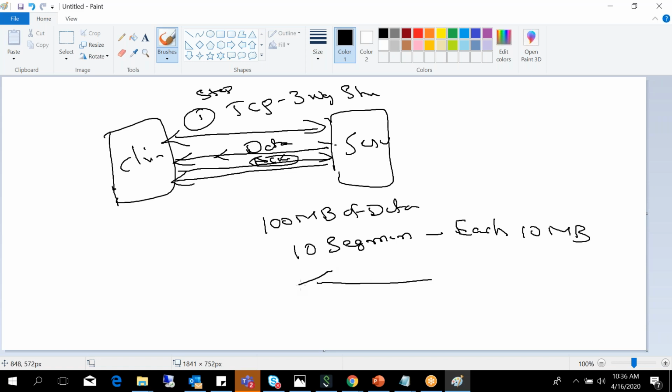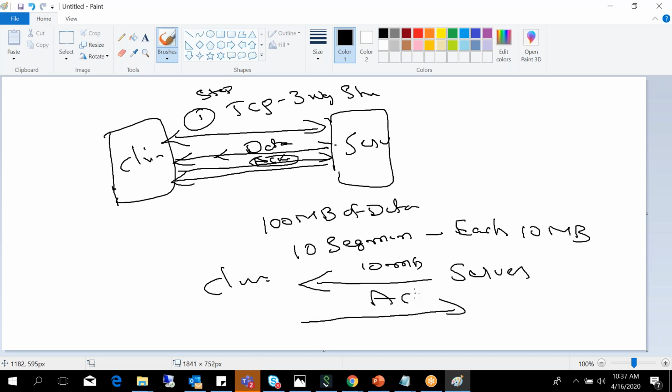So first it sends 10 MB, and then the client will be acknowledging. Okay, again the server is sending, and the client acknowledges.